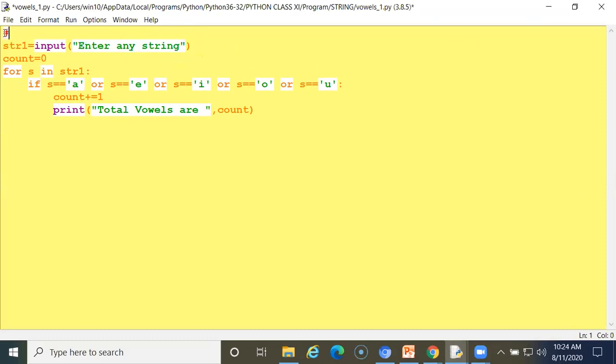So for this program you can write a command line to find the vowels.